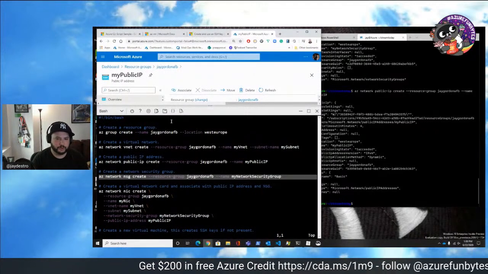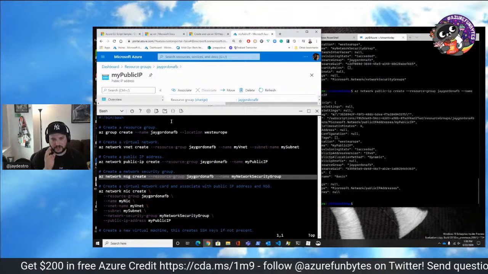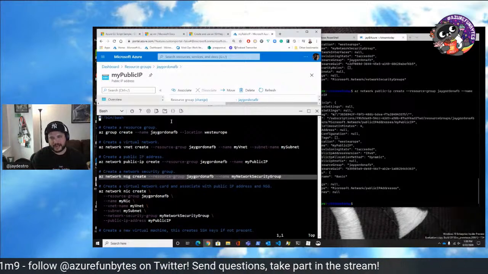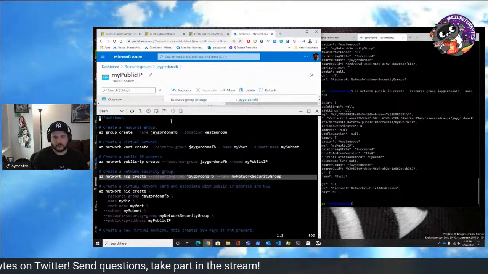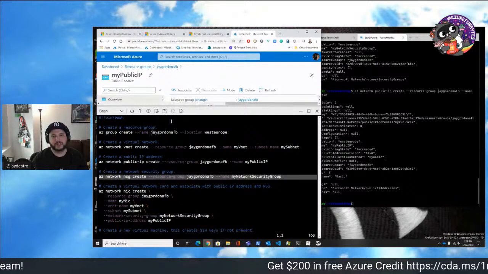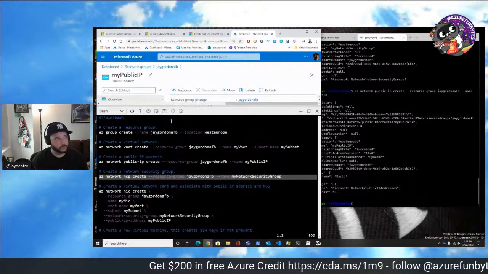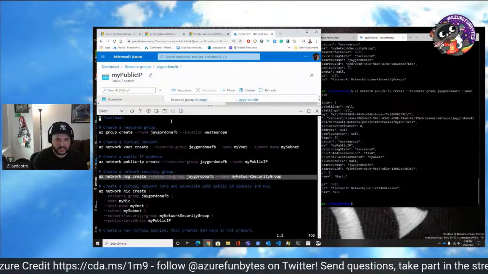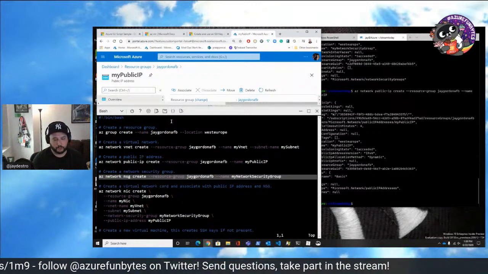So network security groups let us organize network rules, basically saying, I want 80 to allow in, I want 22 to allow in. And then we can apply that to a number of resources, in this case our virtual machines. So we can have a number of virtual machines all have the same network security group rules.